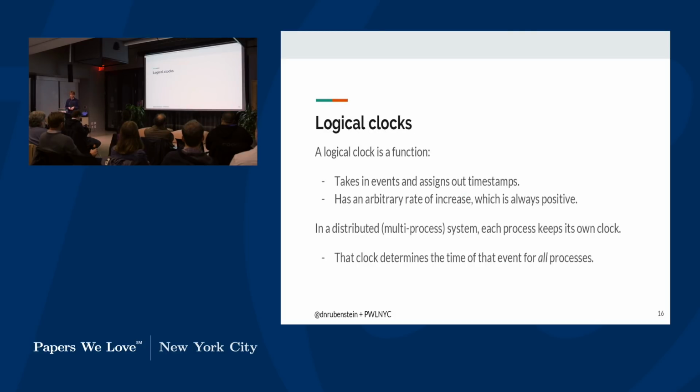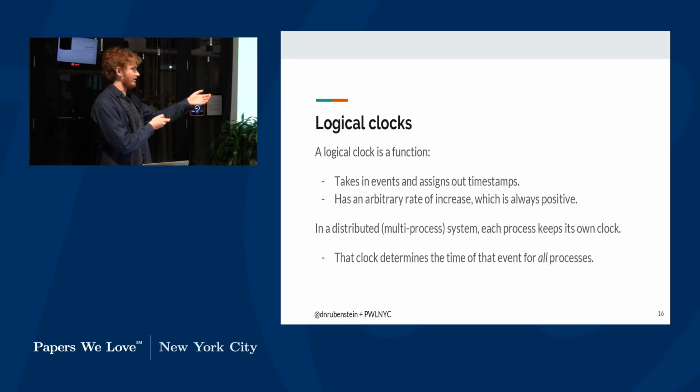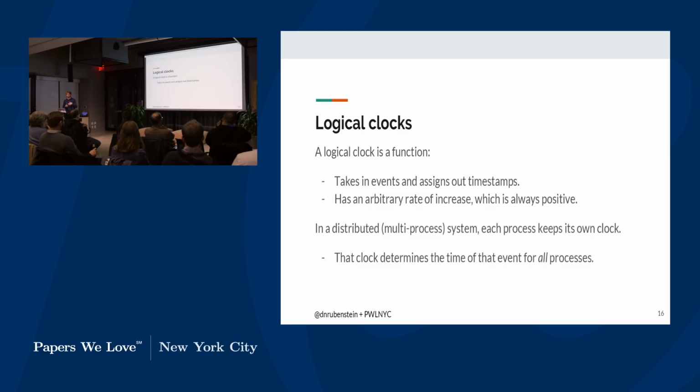Concept number 2, logical clocks. So what's this? Well, this is a function. And when I say logical clocks here, I really want to draw your attention to that first word, because I want to divorce this concept of logical clocks from what you might consider physical clocks, physics, chemistry, any of those other traditional understandings of time. So our logical clock is just a function. On its domain, I think it takes events, and on its range, it assigns out timestamps. Those timestamps could be natural numbers, they could be the reals, they could be anything that we can assess a total ordering over.